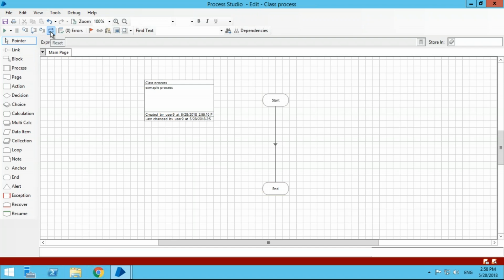And yes, if you want to use the link, you click on it first and then you link it. Once you're done with it, make sure you click back on the pointer so that you've not got that link tool anymore. So link is the first thing that you need to know about. Okay, we created a new process already.